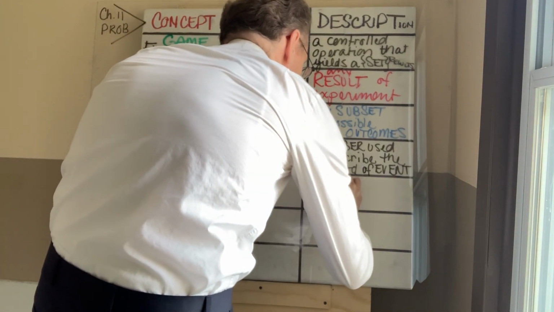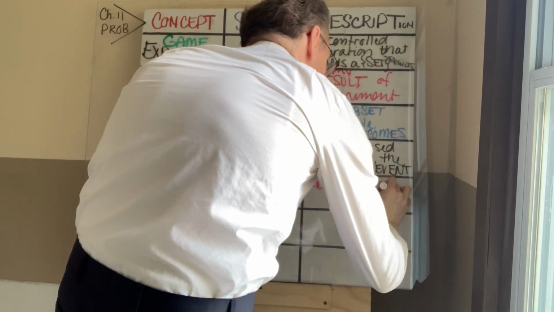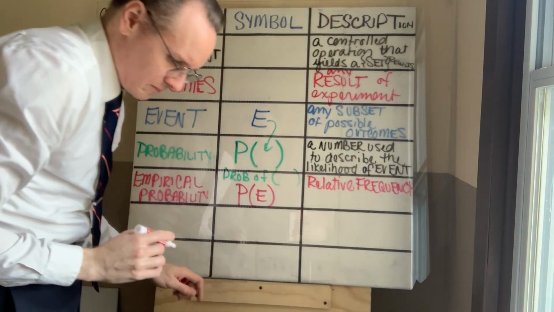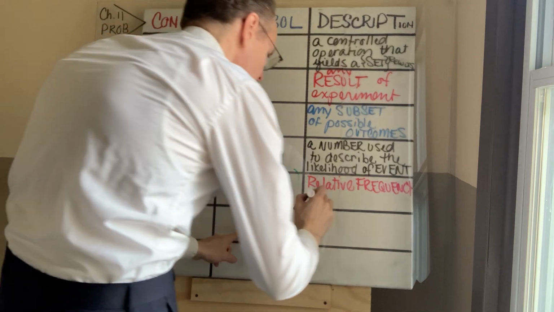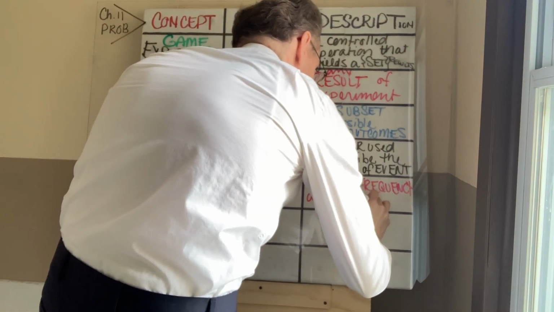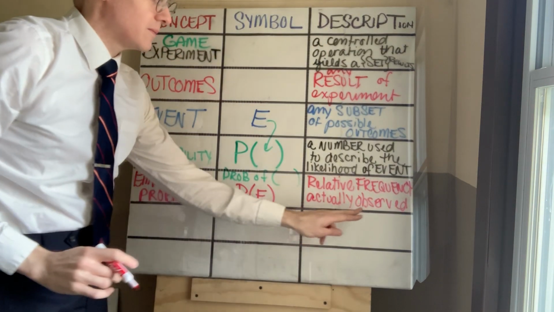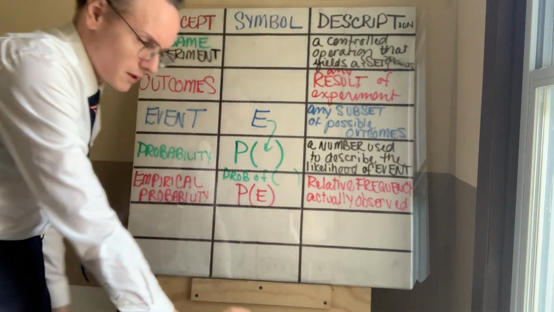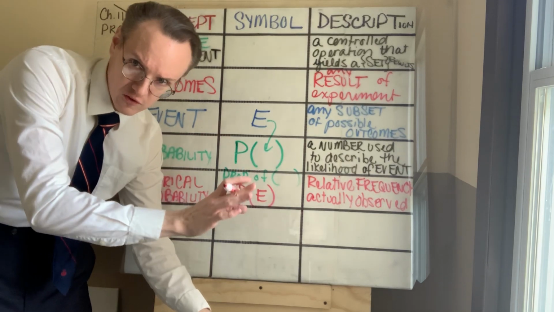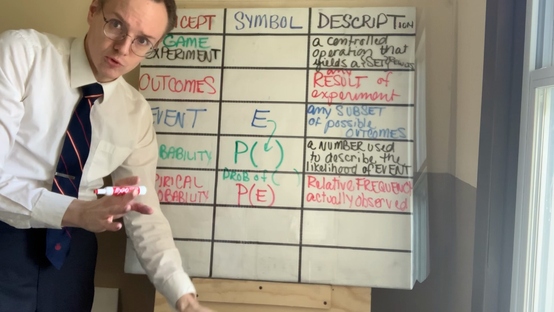They use this term, relative frequency of an event actually observed. That's the key there. This is something that is actually observed. If we're talking in the language of science, and when we're talking games, we call them